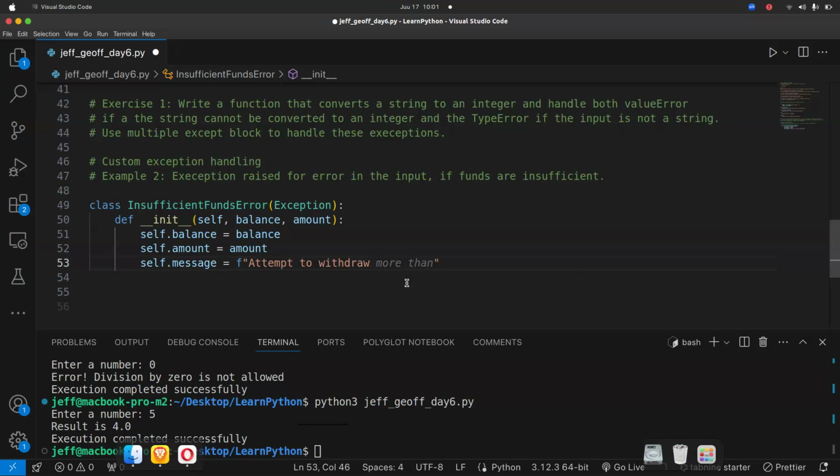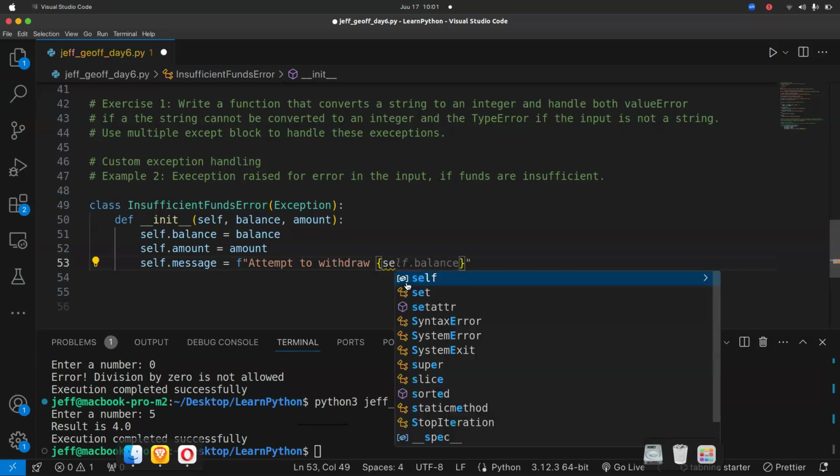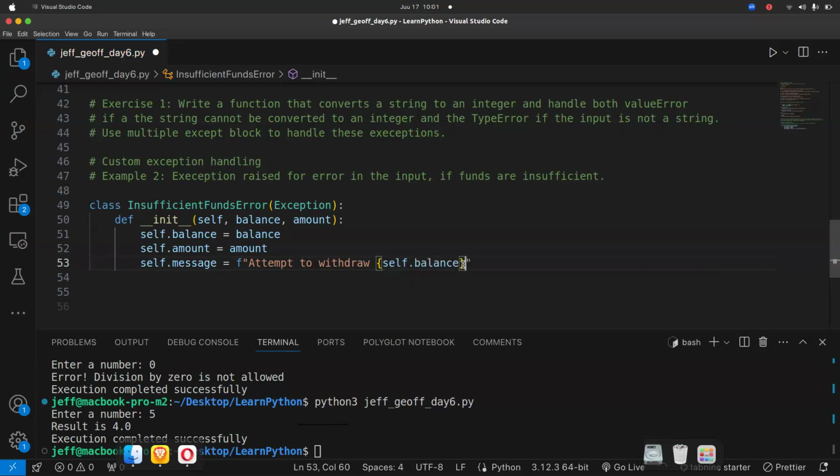Then we can have here self. Let's start with amount. I know sometimes things can be very funny when you're thinking and writing it.